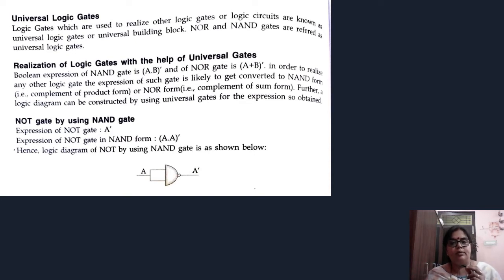This is your NAND gate, as you all know, and by this we are going to get A complement. So we have used a NAND gate for a NOT gate.